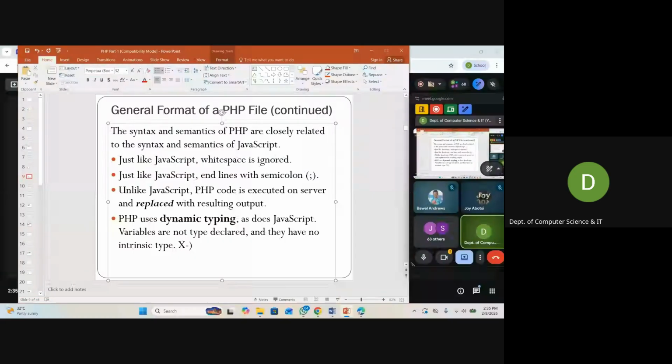Okay. All right. So if I say s equals 2, okay, so 2 is taken as integer automatically. So it's saying that the s is an integer. But if I say s equals